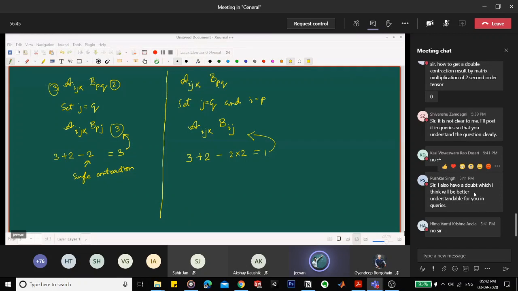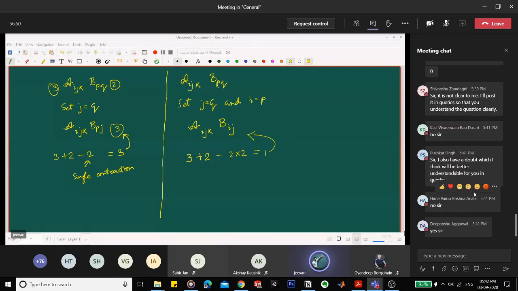Dipanshu, are you online? Okay, so see, forget about all the partial derivatives. That del Ui del Xj is just some tensor entity. So you answer to me first. How many free indices are there? There are 2. So going by whatever we have discussed in this doubt clearing session, what do you think the order of that entity should be? Since there are 2 free indices, you answer in the conversation chat itself.